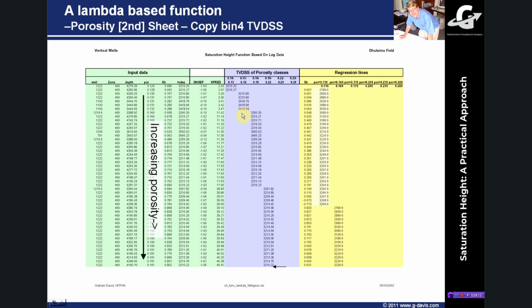y-axis. Now this is where Jan and I sort of diverged a long time ago. Jan's latest spreadsheets, or his later spreadsheet, sort of did this automatically, ran a macro and did all of this binning for you automatically. And I always enjoyed, strange person that I am, doing this manually, communing with the data. I felt it was quite therapeutic to cut and paste these equations down, looking here where your porosity class is changed.